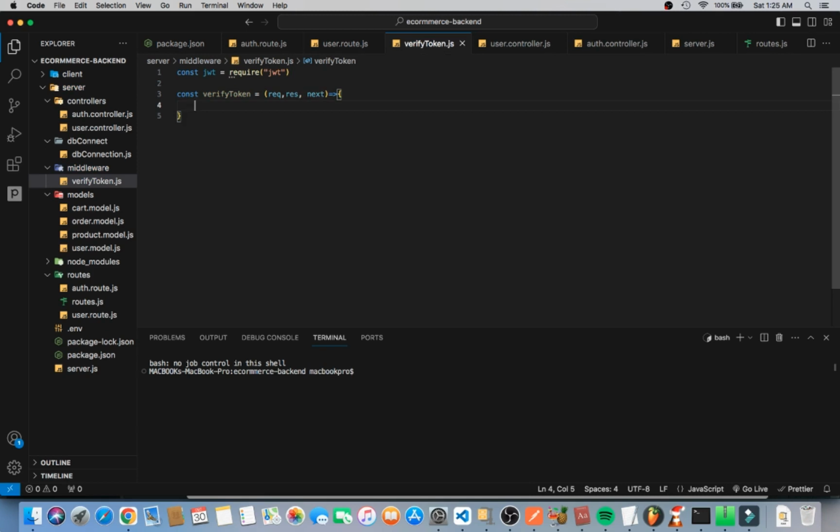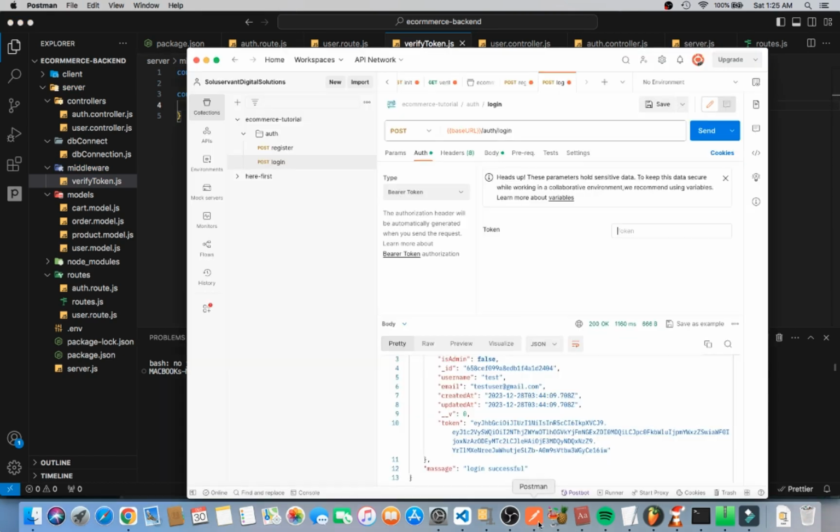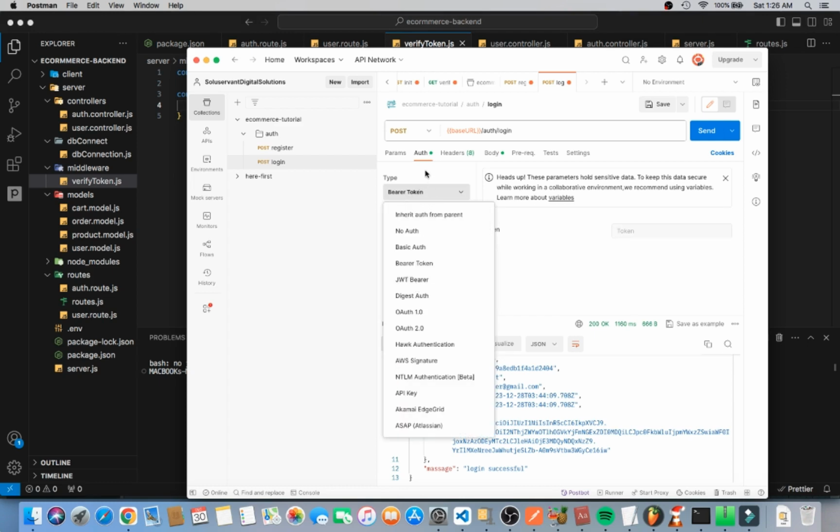and then an arrow function, and then we are going to say const authHeader. So basically the section where we went to is what we refer to as the headers. So I'm going to say authHeader is equal to the request.headers. So we are basically going to get the token from the request.headers, right? And then inside the headers, where are we getting it from? We are getting it from